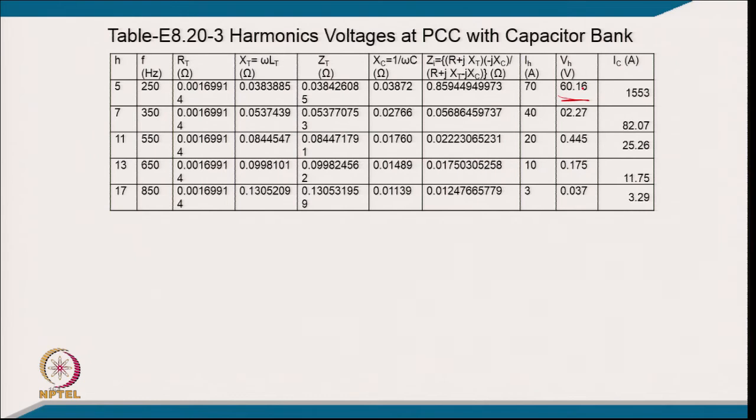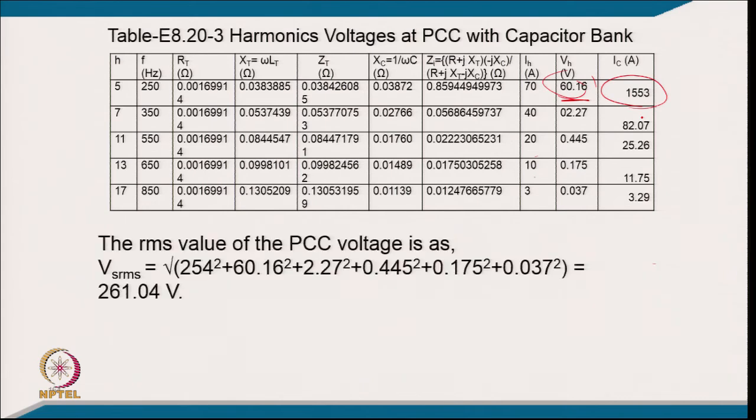Your 5th harmonic voltage is coming substantial, and other harmonic voltage and the capacitor current corresponding to it. Because of this high voltage for 5th harmonic, the current corresponding to 5th harmonic in capacitor bank goes quite high, and of course, these other harmonics currents are also more. When these are amplified, you can say from 70 ampere it goes this much, from 40 it goes 82, 20, 25, 10 to 11 and 3 to this. So, all are amplified, but 5th is extremely amplified, 7th is a little more amplified, and